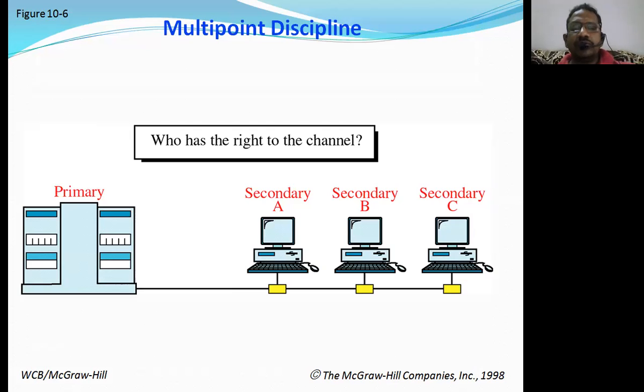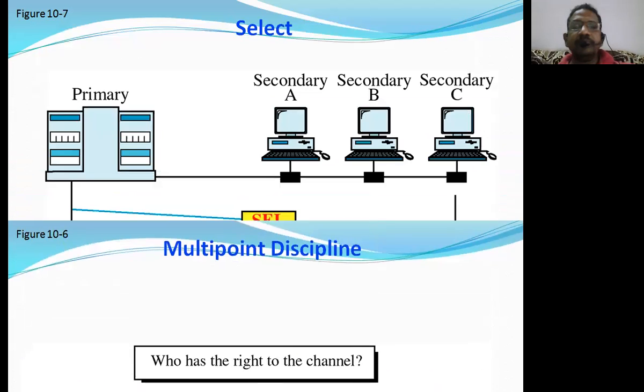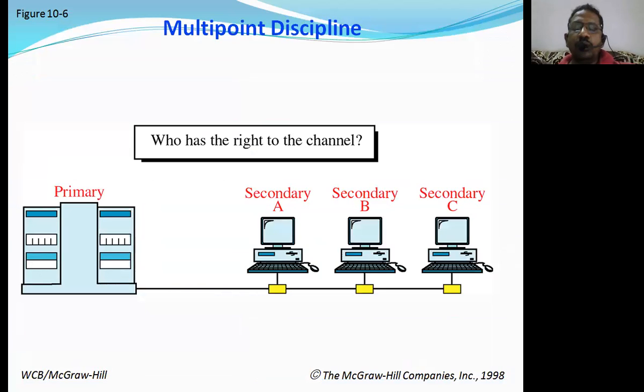Now another point of discussion is going to be the multi-point discipline. Here poll select is normally implemented for a multi-point discipline. That means in a poll select kind of communication, usually we are going to have one primary device, a centralized system known as master, and there are so many slaves connected on the same line. Basically it is going to be like a bus architecture. On the same line, many secondaries are normally going to get connected. This type of connection is known as multi-point connection.